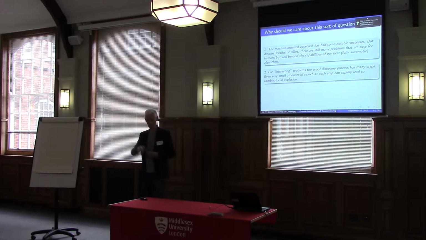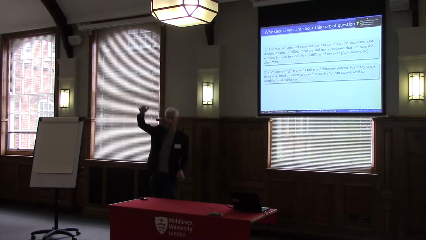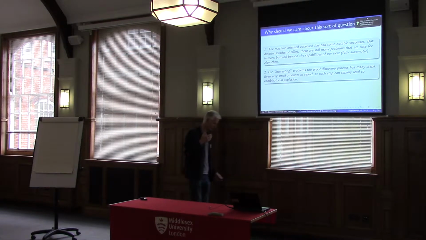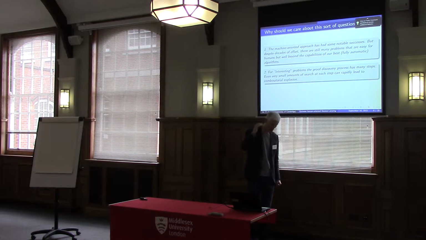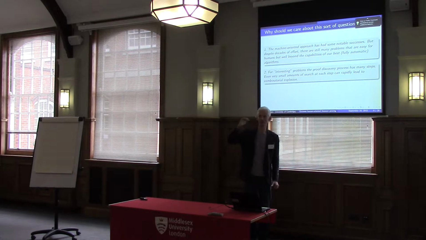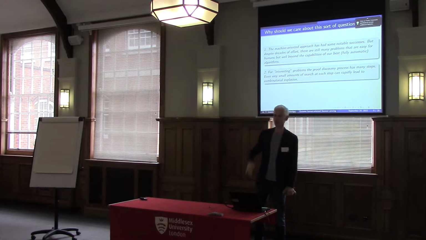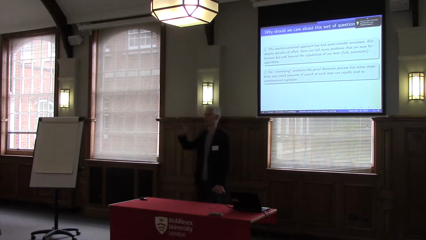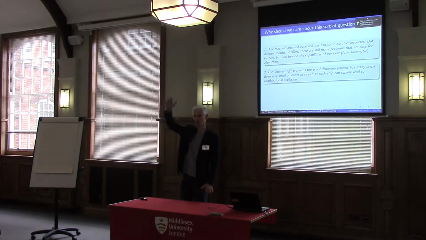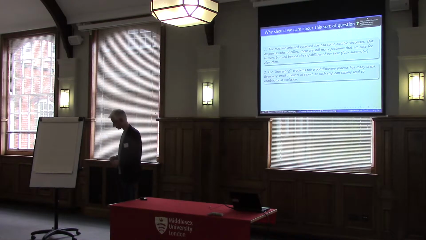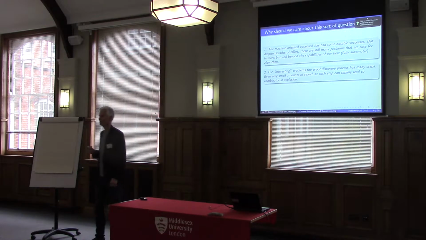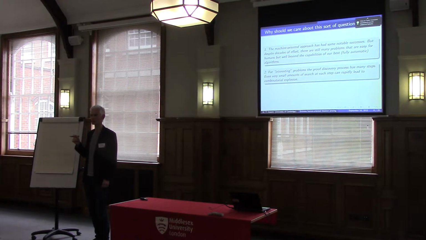Now this path can be quite long, and I want to be careful how I put this: not just that the path is long, but the path to discovering the proof can be quite long. So there are two different things to think about here. One is the path in the sense of a sequence of logical steps, and the other is the path in the sense of the sequence of thoughts that you have in order to discover the proof. It's more like the second that I'm trying to talk about here. So this sequence of steps that you have to make is quite long.